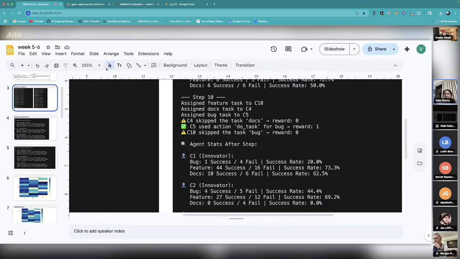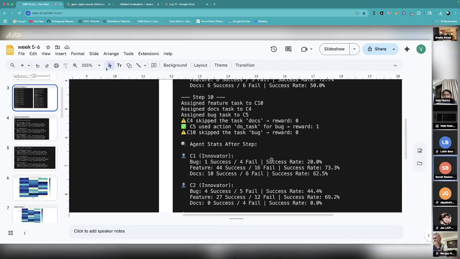It keeps changing. Like eventually, if I delete all the data and the JSON files that I have, and if I run it, then first according to multi-armed bandits, the tasks will be allotted, and based on these three, like basically skip task and do task, whatever it does, after a few steps, depending on what task it has done, it gets a higher bias for doing the tasks it has done better. For example, over here it has 44 successes. So eventually in the next steps also it will do more of the feature tasks. That's how it's classified into the special type of agent that it is.